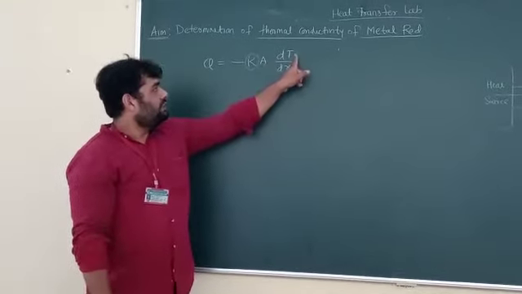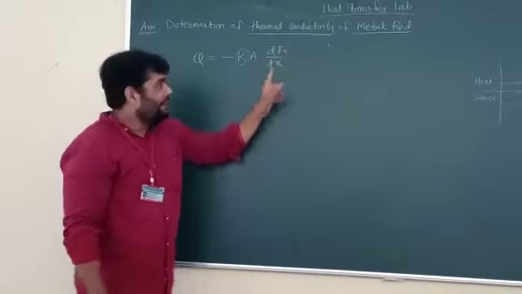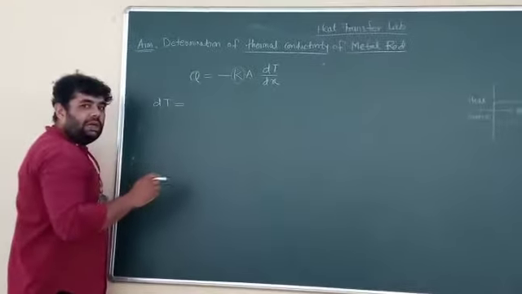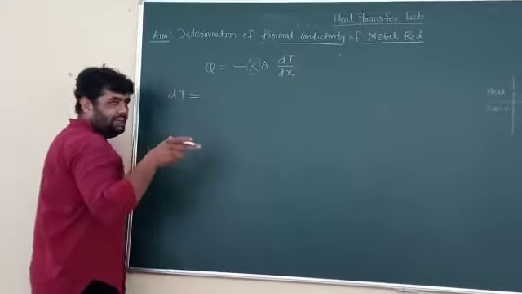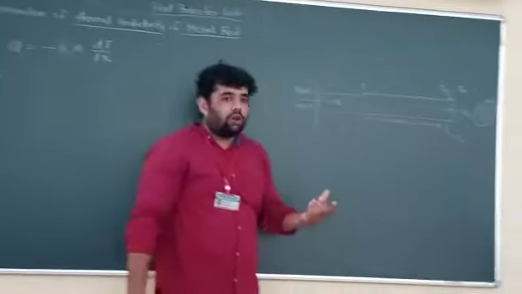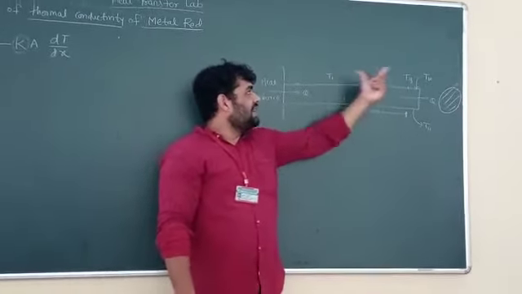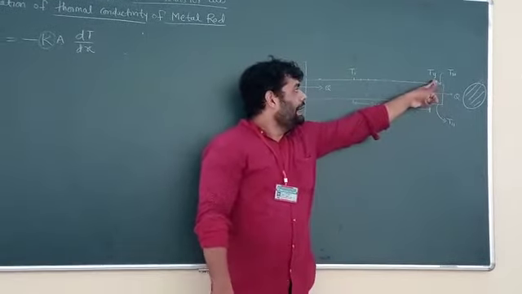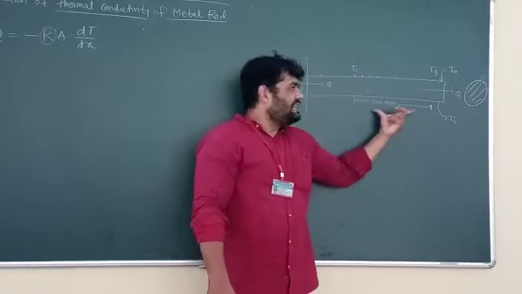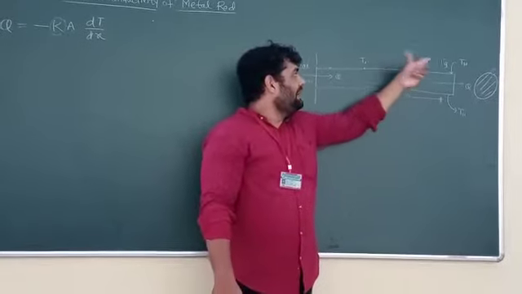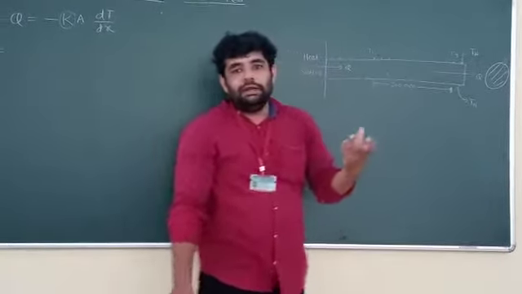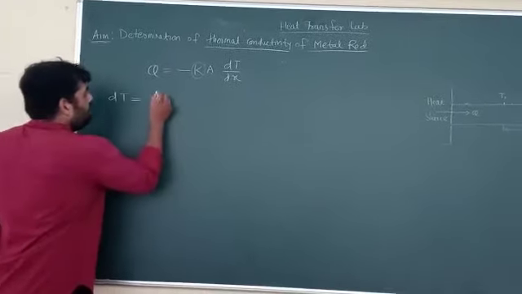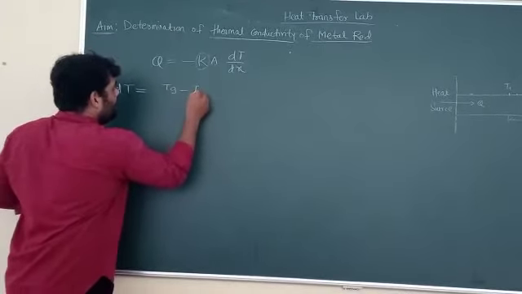First we will see what about dT. How to calculate dT? dT means the temperature difference across the test section. So what is the temperature difference across the test section? This is T1 and T9. We can take the test section dimension as this 200 mm. So the difference T1 minus T9 will be your dT. But always we take dT as 2 minus 1, hence we can write T9 minus T1.